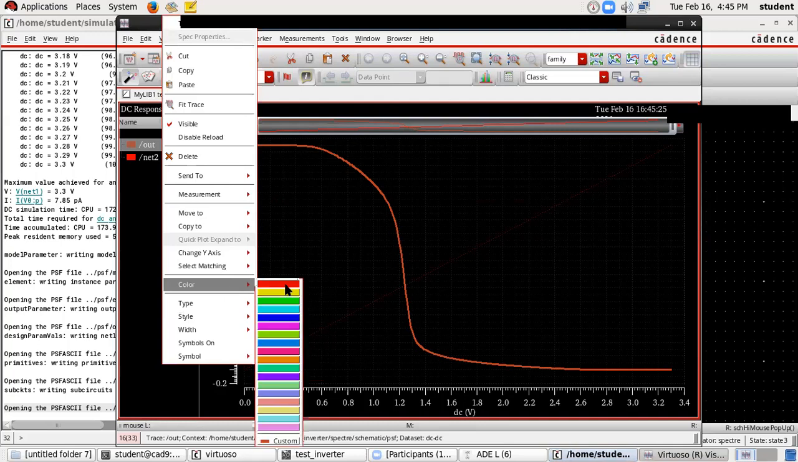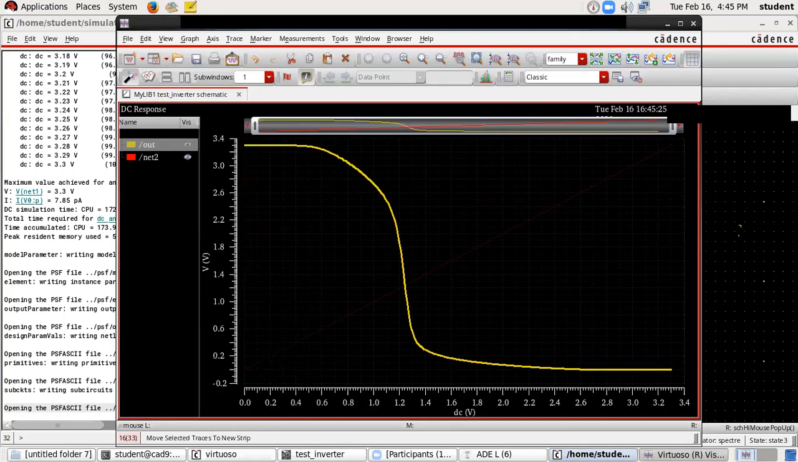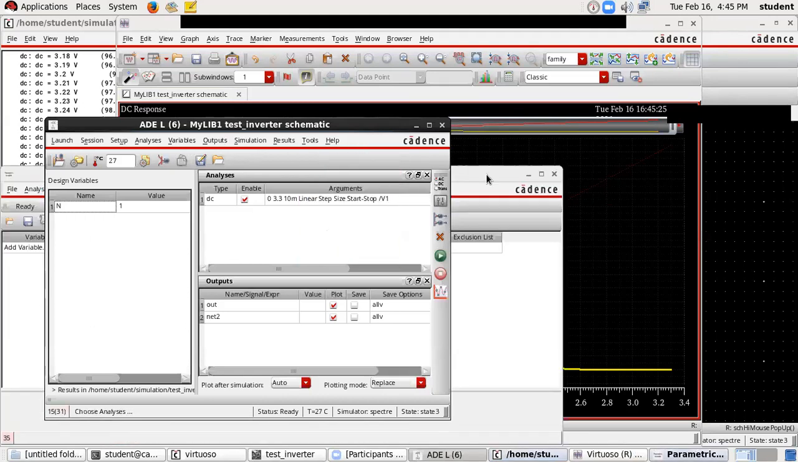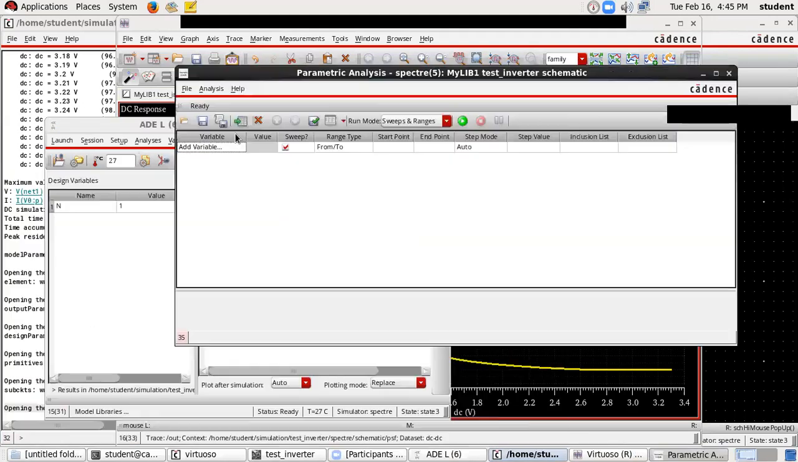Okay, so how to do that? Go for parametric. Go to your design simulation environment, go to tools, parametric analysis. Once you are in parametric analysis, select this variable. N is the variable you have. Change it from 1 to 3. Okay, I want a total of 3 steps. So once I simulate it,